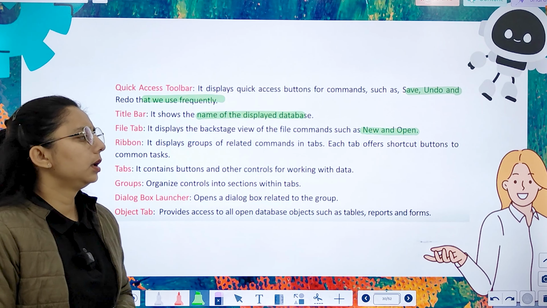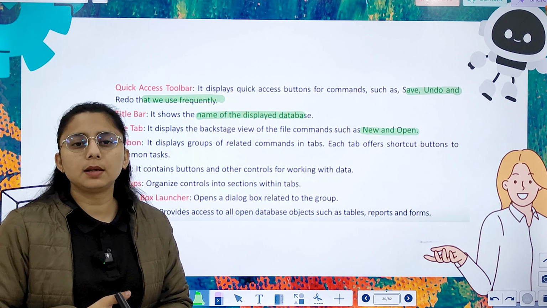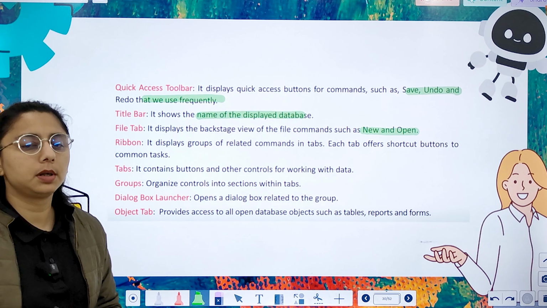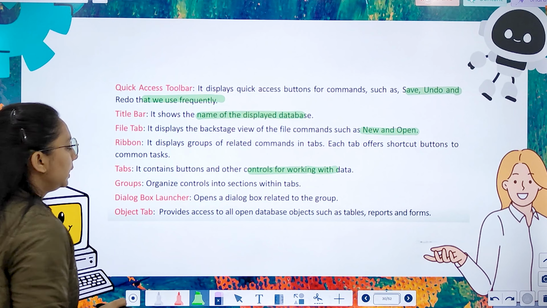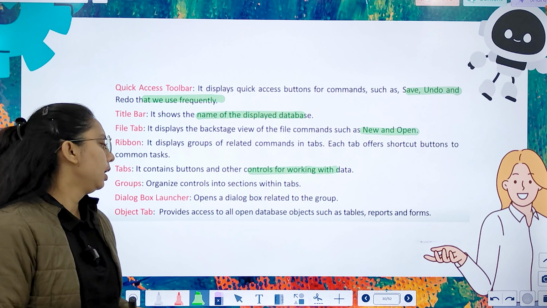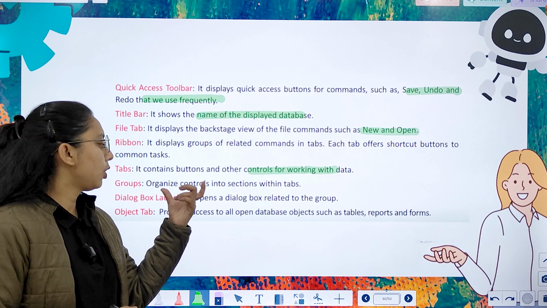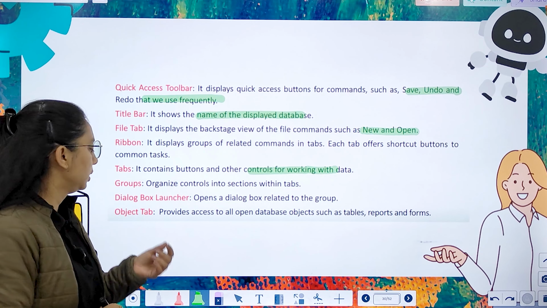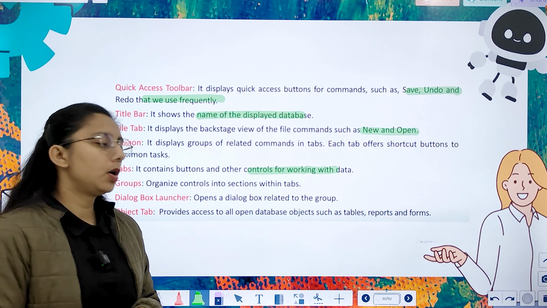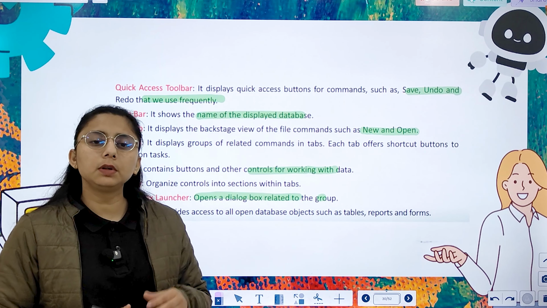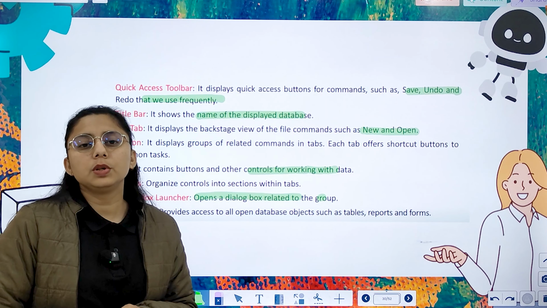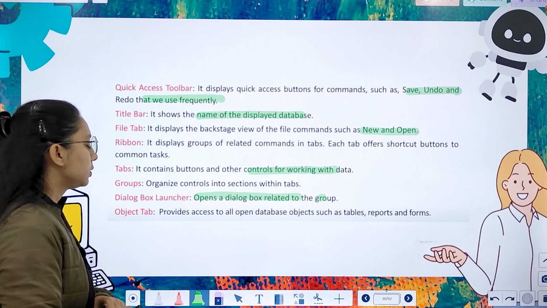Then your ribbon, the index in which we have different commands, and each tab offers shortcut buttons. Next, a tab contains buttons and other controls for working with data. Then we have groups, from which we can organize controls into sections. Then we have the dialog box launcher, which opens a dialog box related to the group.